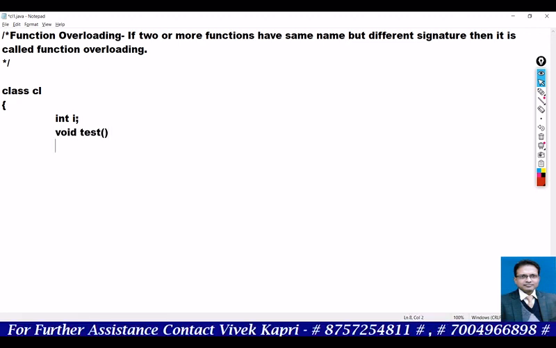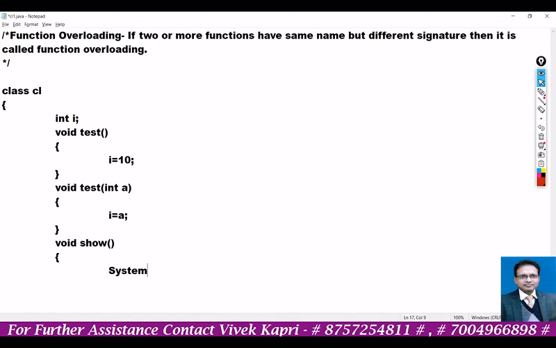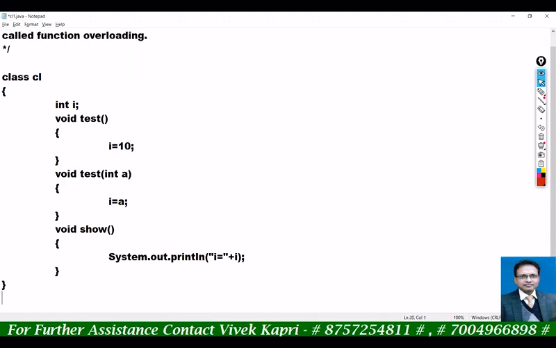Void test, this function is assigning the value of i directly, and we are creating another function with the same name, void test, and it has a parameter a. i equal to a, it will initialize i by using its parameter, and void show, System.out.println i equal to plus i. Okay, now close it.